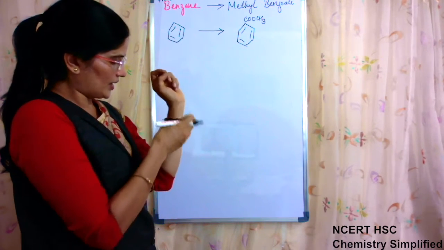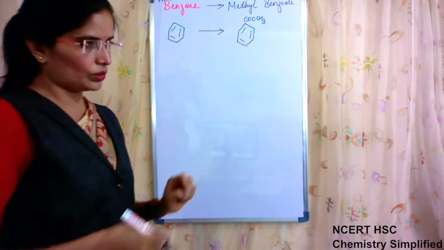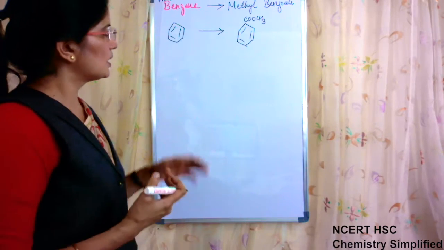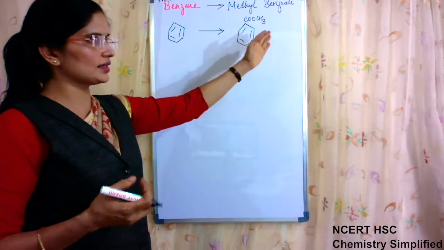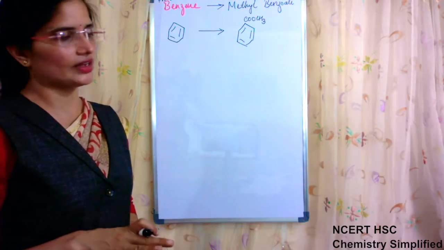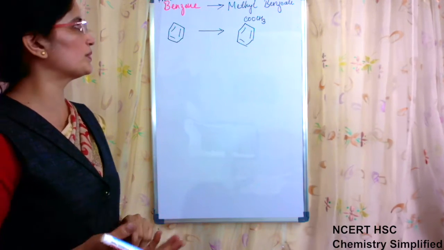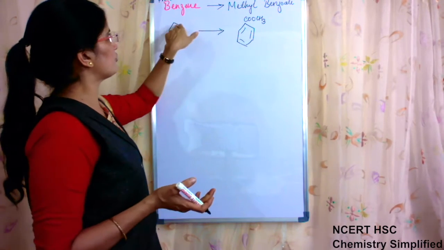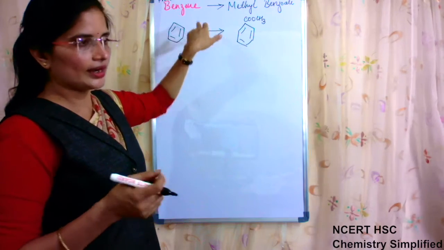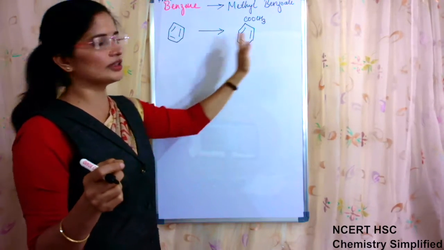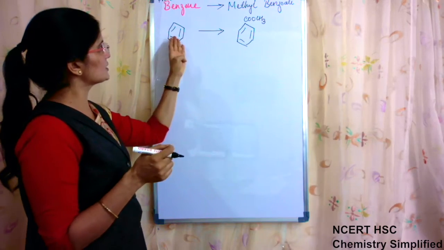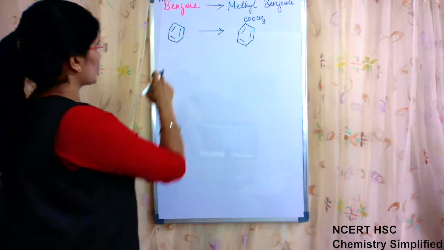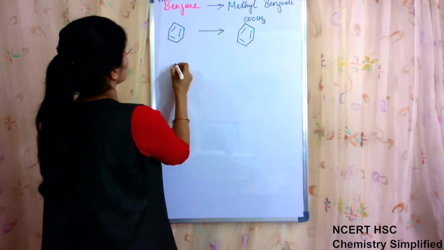For esters, if we give a back view of all reactions in our whole course, we will come to know that there is a very common reaction, the esterification reaction, which leads to the preparation of esters. That means to reach esters, we first want to convert this compound to an acid, and then with the help of alcohol we can convert it into an ester. So first we have to think about converting this into benzoic acid. Now benzene to benzoic acid, the first step is this.